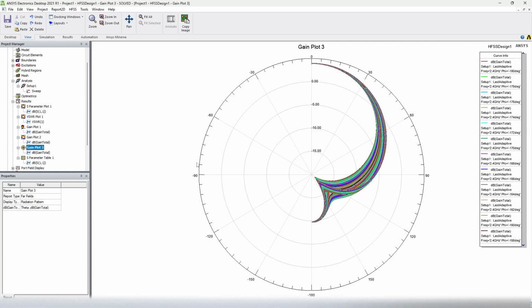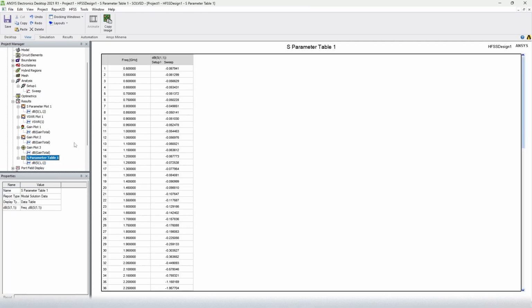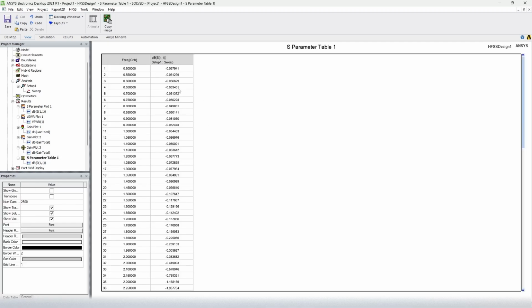Now let's go on to the next one. You also have here the best possible gain plot radiation pattern. In this case, of course, it is showing up something like this for all the 5 values once again. And lastly, we also have the S parameter table, wherein you get to see the values that are present for each and every